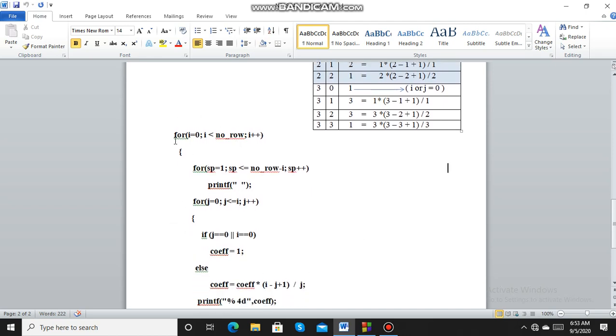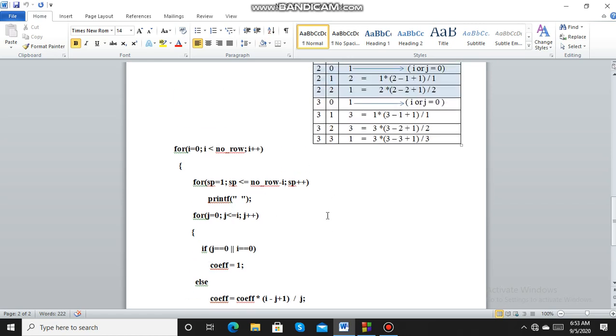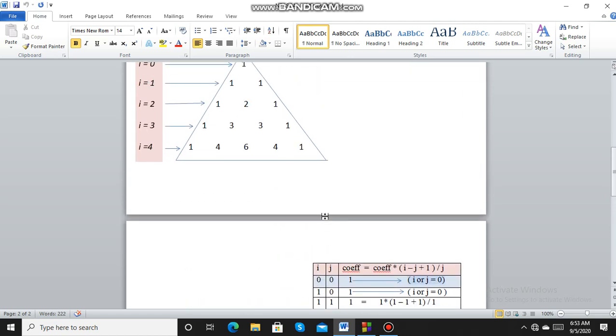Again we come here for the next value of i. i is incremented by 1 because j was executed only one time. So now we are into the next value of i, that is 1. When i is 1, space runs from 1 to the number of rows, 5, minus 1, that is 4. So 1 to less than or equal to 4 means 4 spaces are printed for the next row. Here this is the next row, and for this i, 4 spaces will be printed.